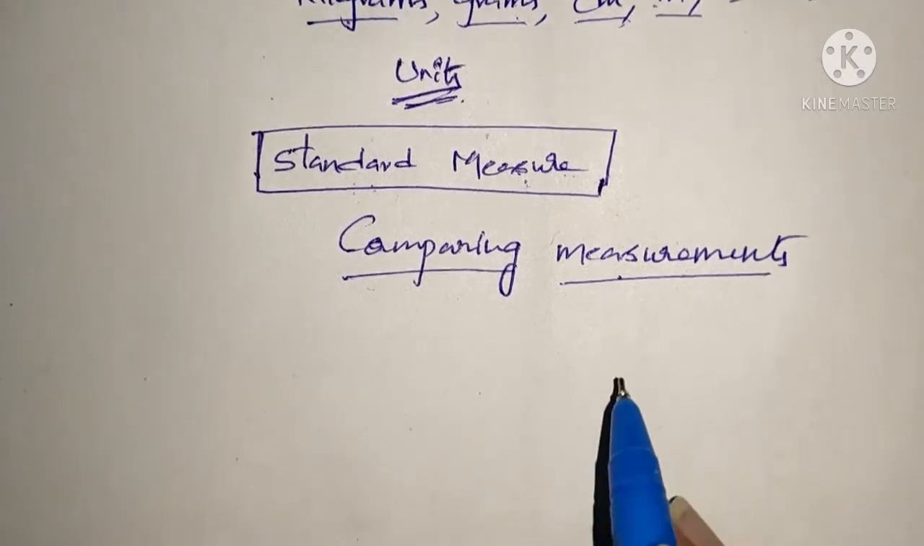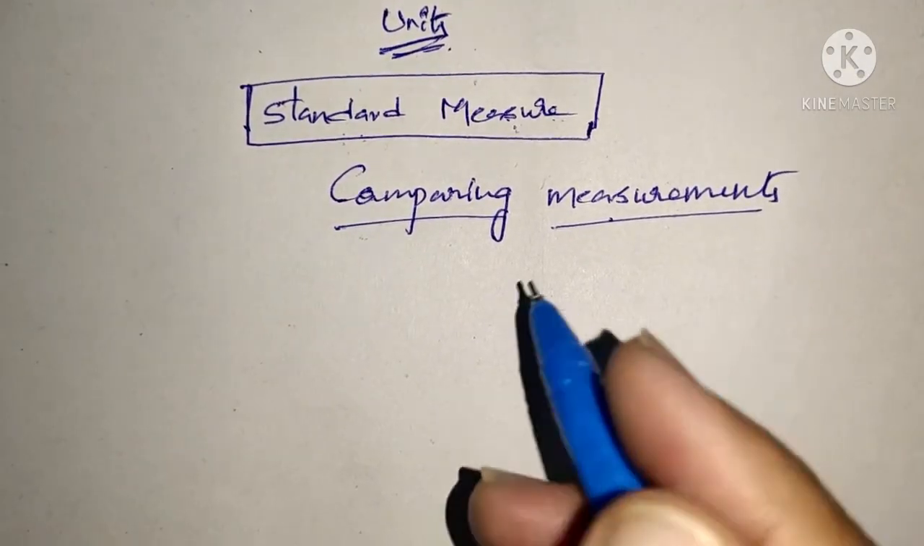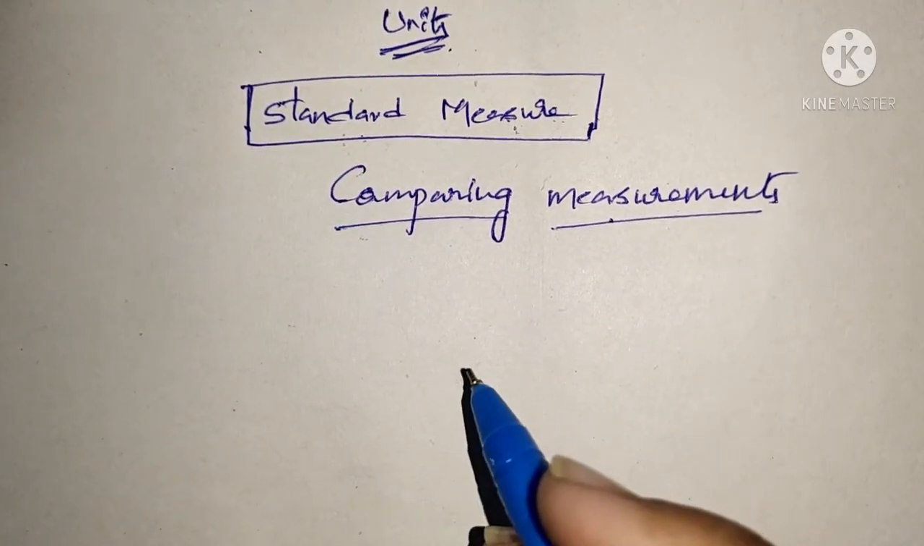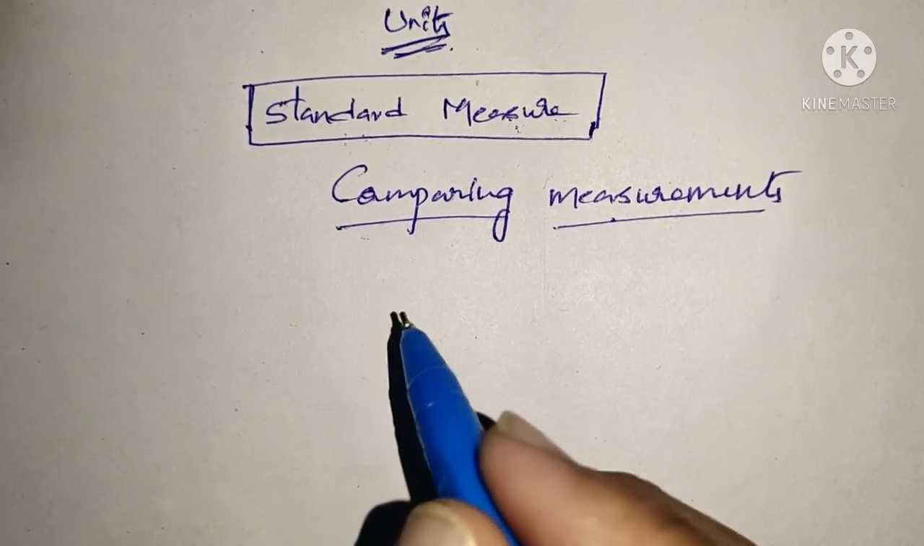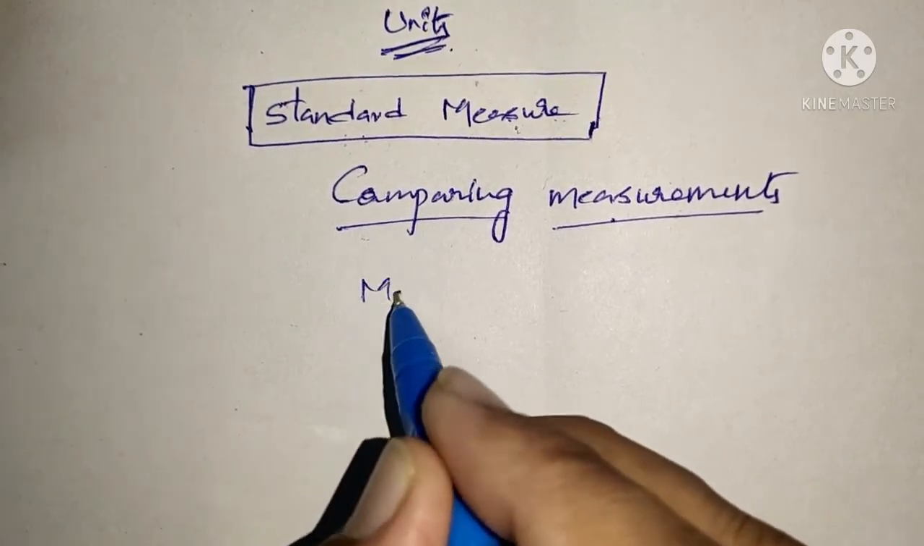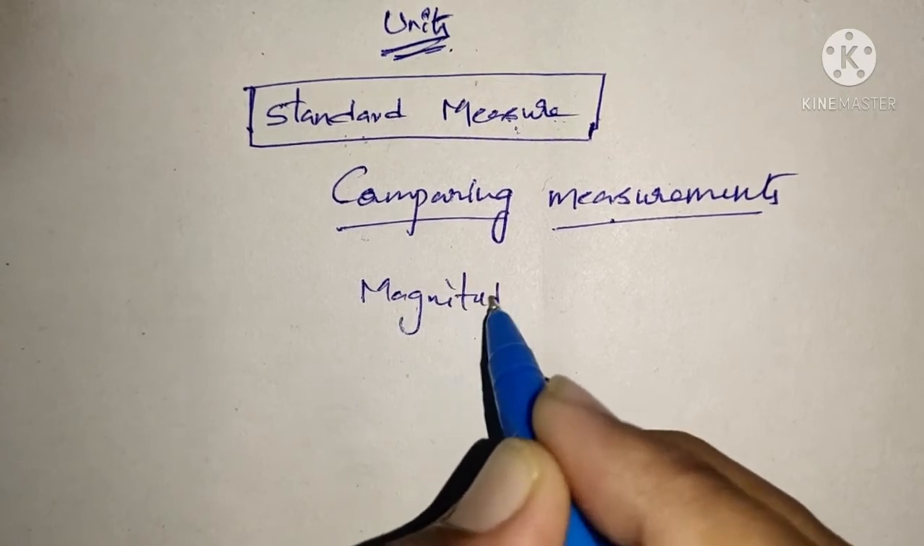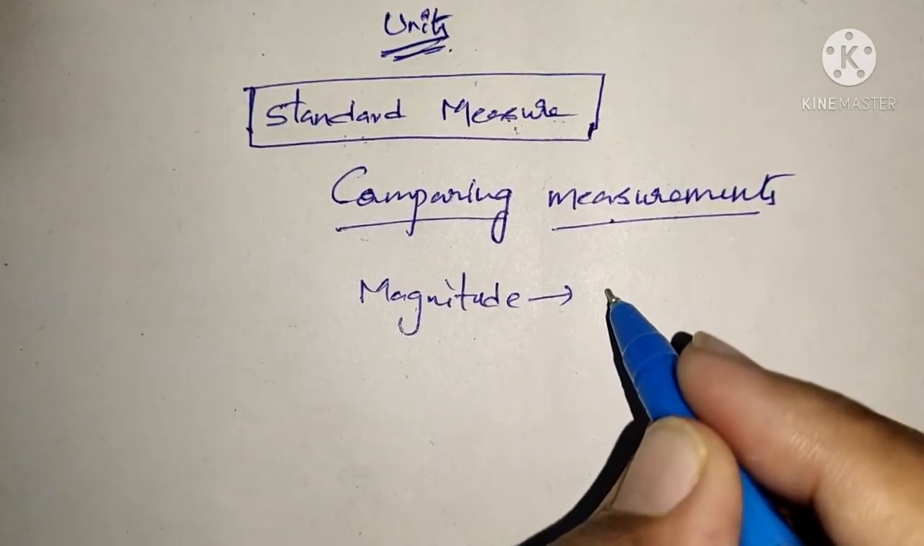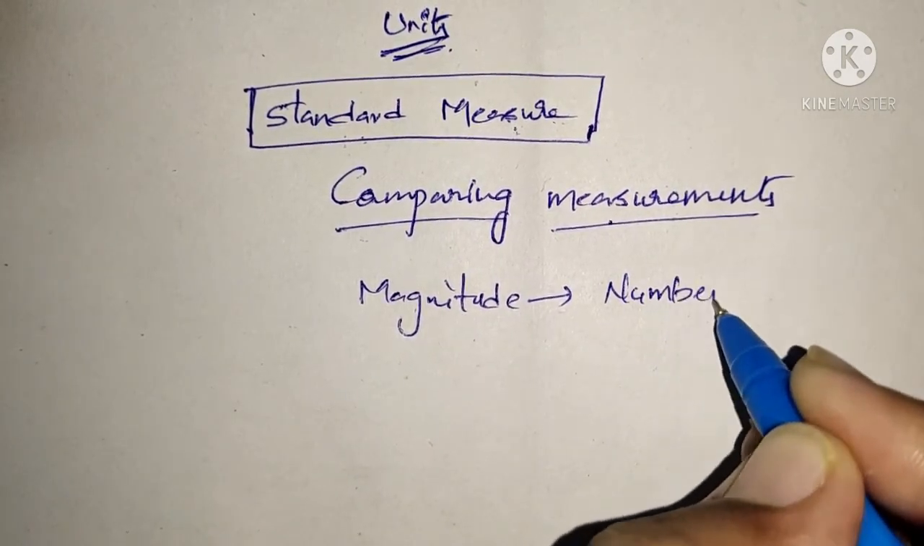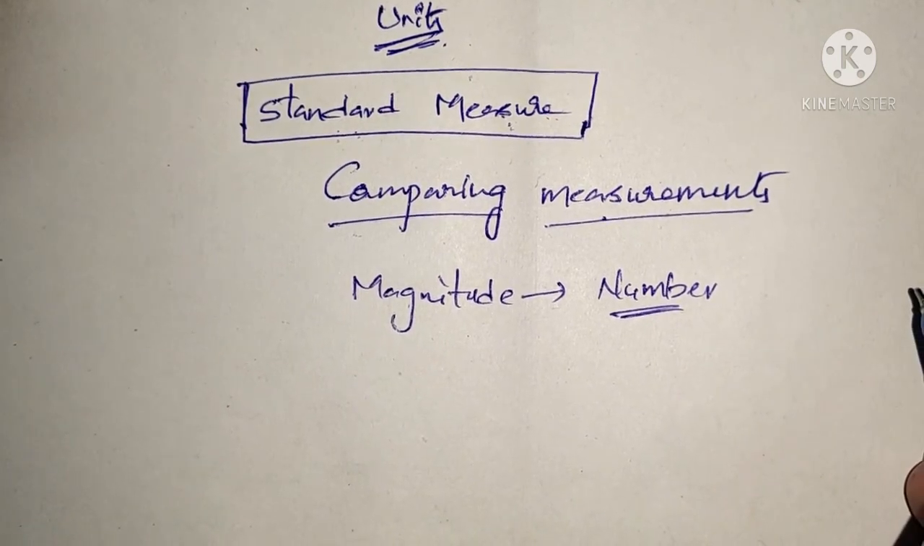So what is the placement of that unit and the numbers here? Simple. First of all, you have to understand one thing here: magnitude. So what is this magnitude? Magnitude is nothing but just a number. Suppose